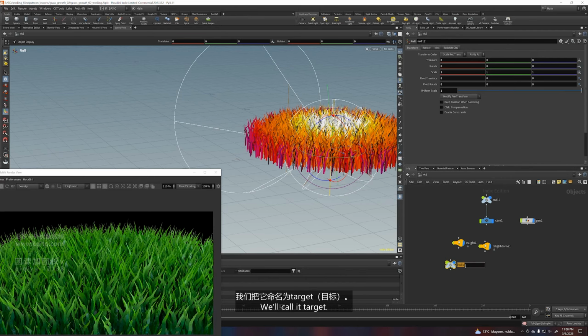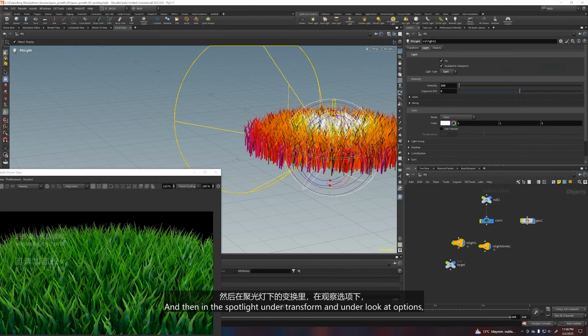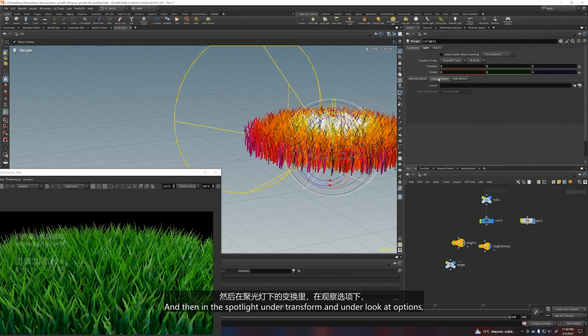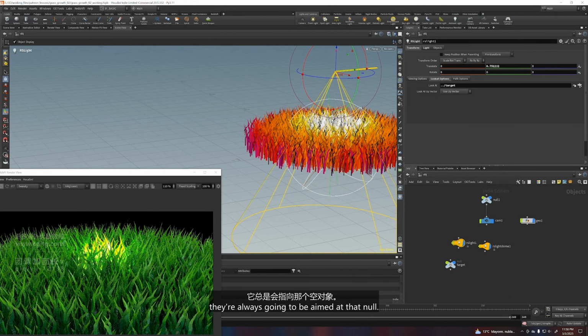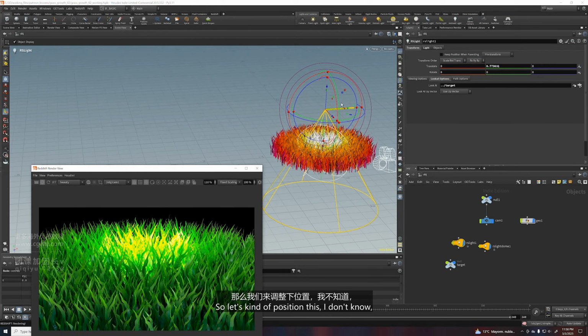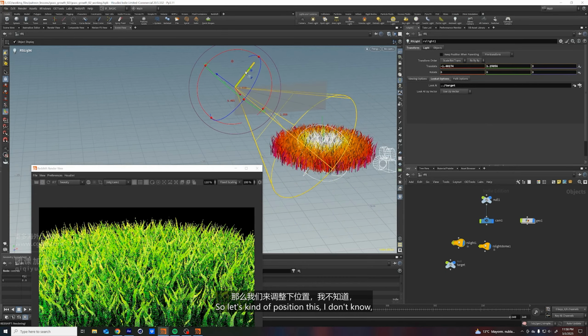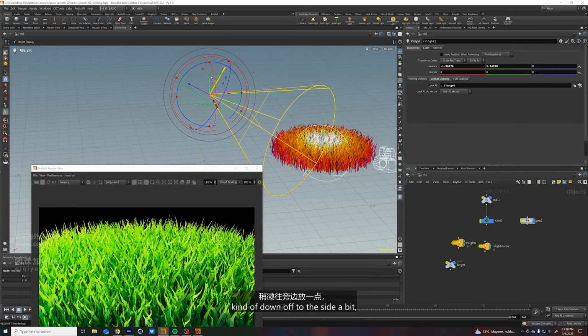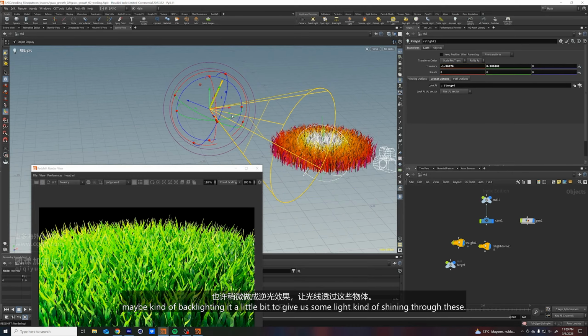We'll call it target. Okay, and then in the spotlight, under transform and under look at options, we can just drag in this target. I like doing that with spotlights because then when I move them around, they're always going to be aimed at that null. So let's position this kind of down, off to the side a bit,